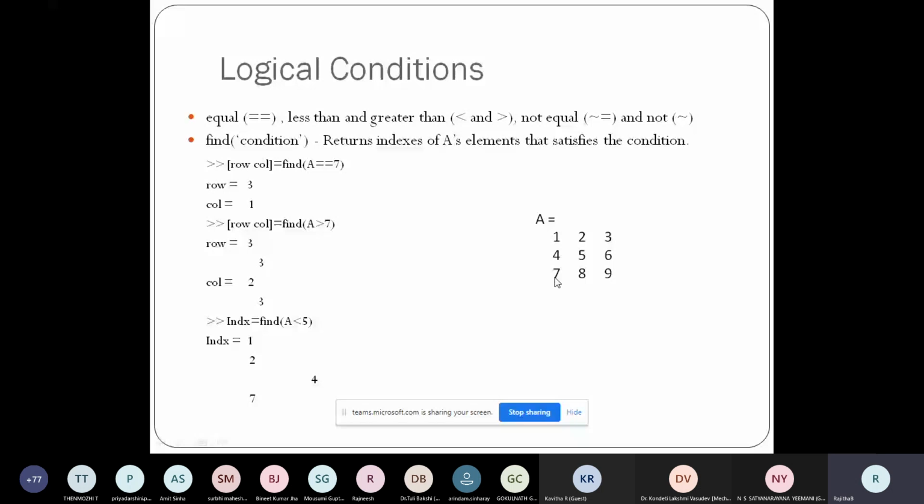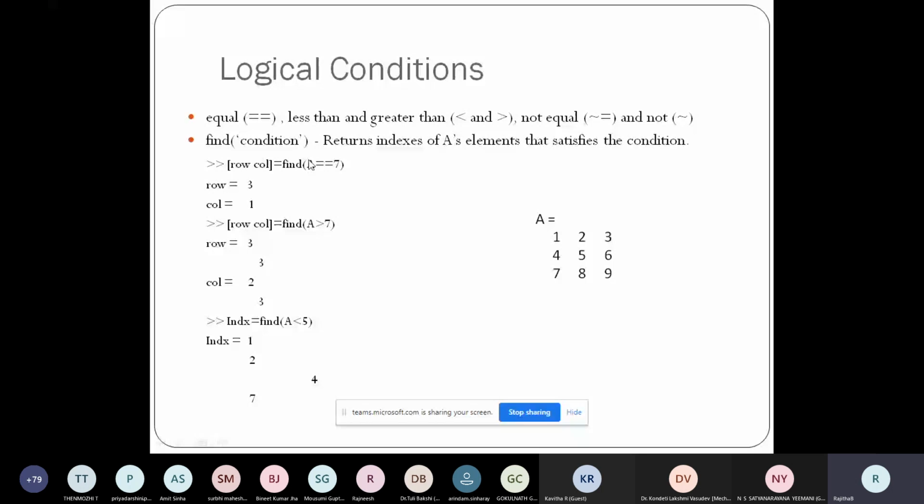So this is third row, first column, right? Third row, first column. See in the result, row is 3, column is 1, right? So this is how you can directly find a specific value you want to check in the matrix. No need to write a for loop for A equal to 1 to M, for J equal to 1 to K, and then write an if condition, which is generally what we do in programming, right? But here it's not required. You can directly have a conditional check on the matrices.